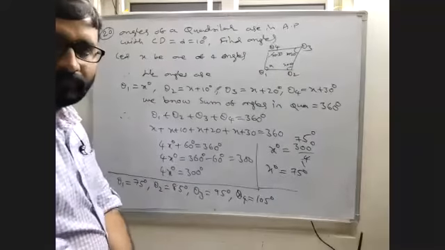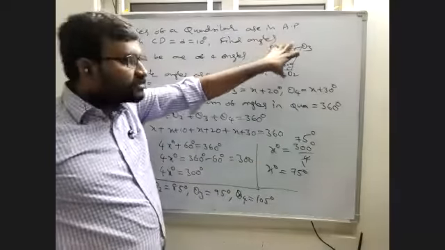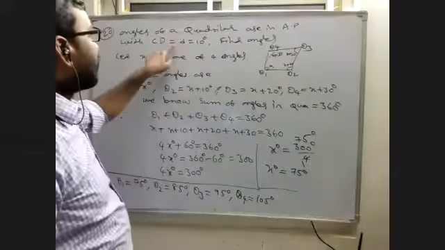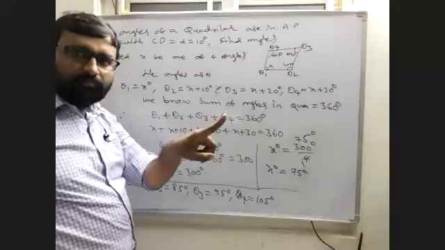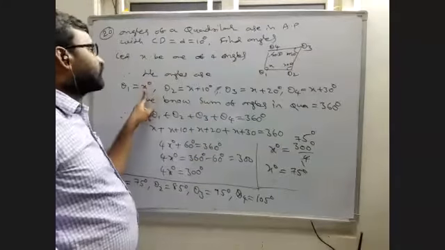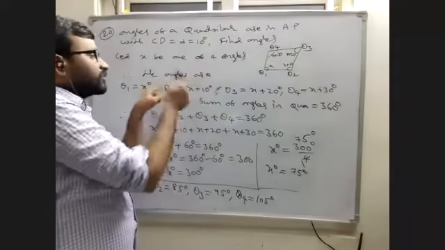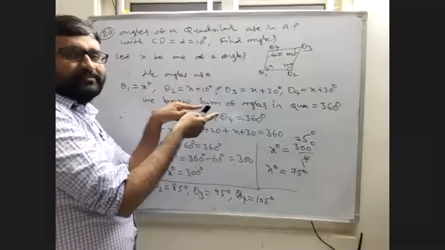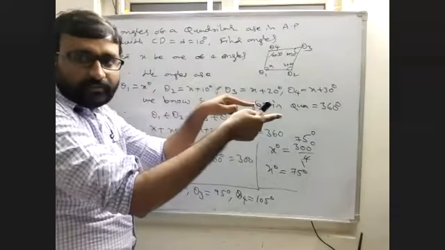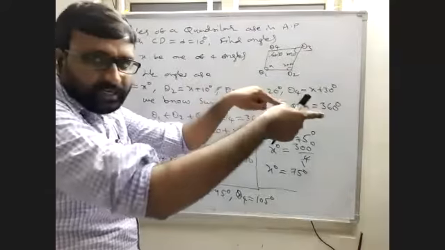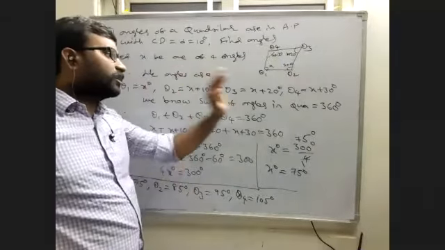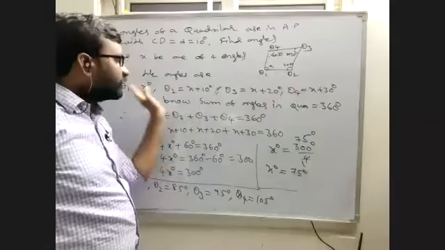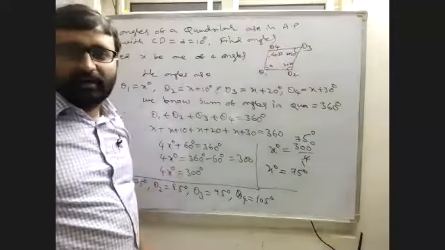No, sir. Yeah. Sum of angles is 360, na? That's why. With common difference 10 is asking. Let x be one angle out of 4. The next, with common difference 10, the next angle will be x plus 10. Next angle will be again plus 10. Next angle will be again plus 10. Why? Because with common difference 10. So x plus 10, x plus 20, x plus 30. These are 4 angles in the quadrilateral.